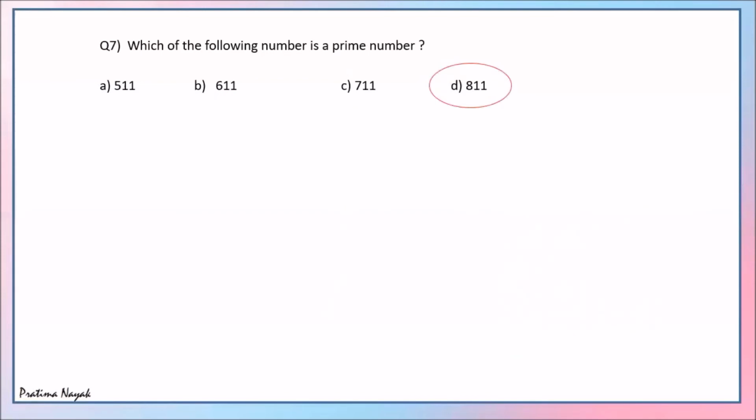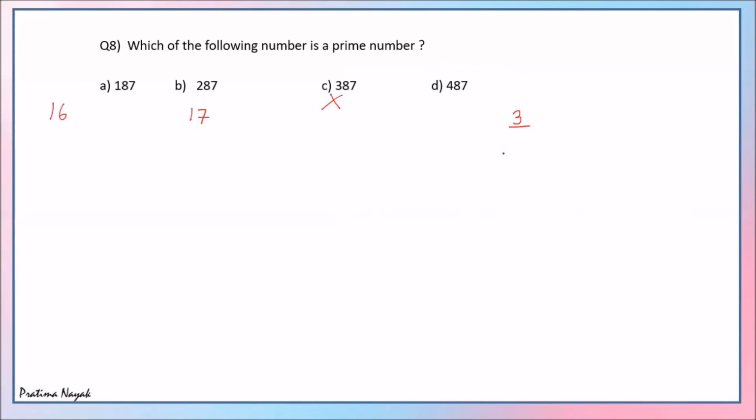Which of the following numbers is a prime number? 187, 287, 387, and 487. So let us go for 3 first. Take the sum. This is 1 plus 8 plus 7, 16. Not divisible. This will be 17, not divisible. This will be 18, it is divisible. So first I cancel this. And what about this? This is not divisible.